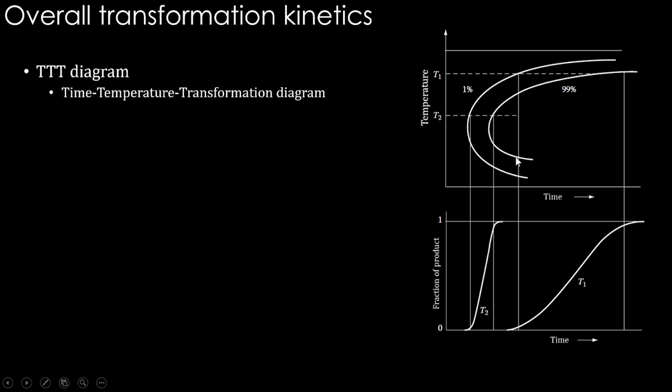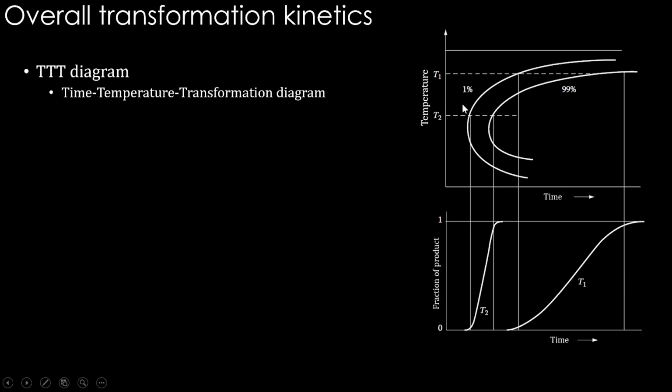Okay, so this is the TTT diagram, and it is quite useful to decide, at isothermal exposures, what is the time taken. Before this first C curve is the incubation period. You can see at high temperatures there is a large incubation period due to low delta G bulk, and at low temperatures also it is large because of low diffusion. But at in-between temperatures the incubation period is very low because the undercooling is sufficient, therefore you get sufficient delta G for a high nucleation rate, and diffusion also is not sluggish, therefore we get a very small incubation period.